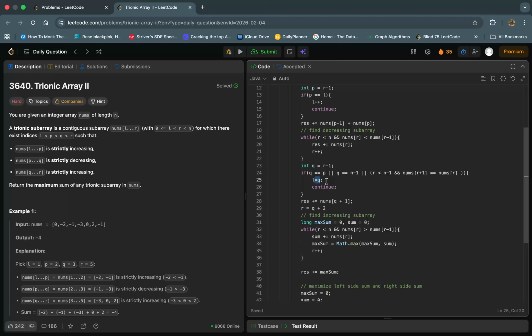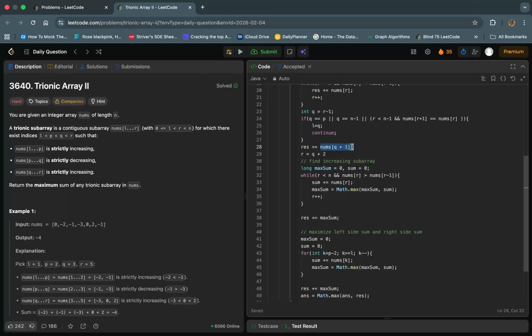For all these cases, we are going to move our left pointer to q. Why q? Because if we move to q, only then the next increasing array will be coming. Before q, we have an increasing and then decreasing subarray. So after q, there is a chance to find an increasing subarray. So we have moved the left pointer to q,